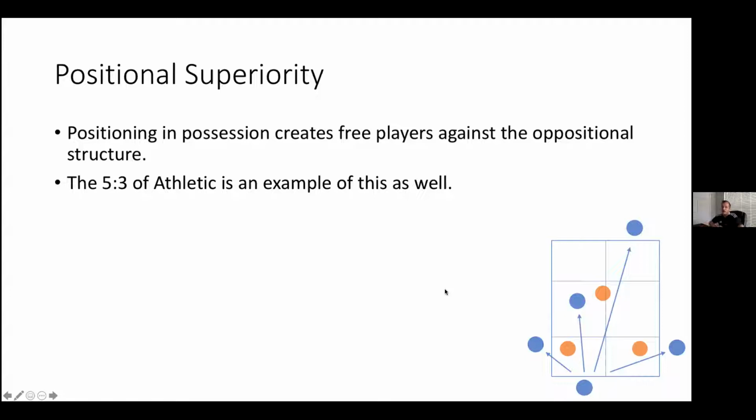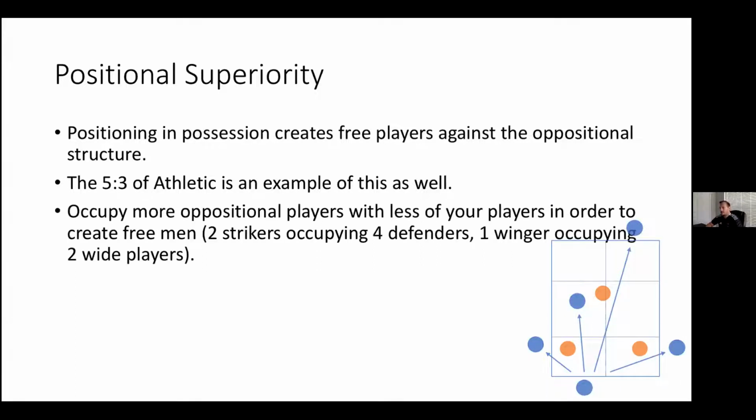So a fundamental exercise is using basically a 5v3 and teaching the players, how do we all position in different spaces to create all four players that are not with the ball to be options? And that way the three players that the opponent has can't mark all four options, right? So that's like a basic tool of a positional game to teach. We have one extra player off the ball. How can we position to be more efficient? How can we create a positional superiority, right? And you use a numerical superiority to make it easier.